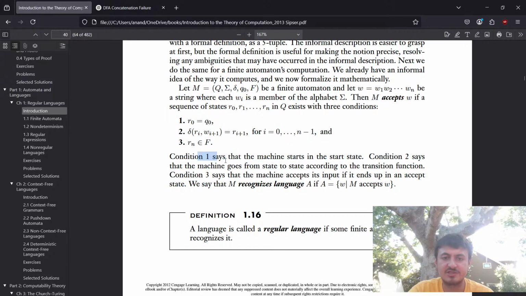Yeah, so here we go. Condition 1 says the machine starts in the start state. Condition 2 says the machine goes from state to state according to the transition function. And condition 3 says the machine accepts its input if it ends in an accept state. They say M recognizes language A if A is equal to the set of strings that